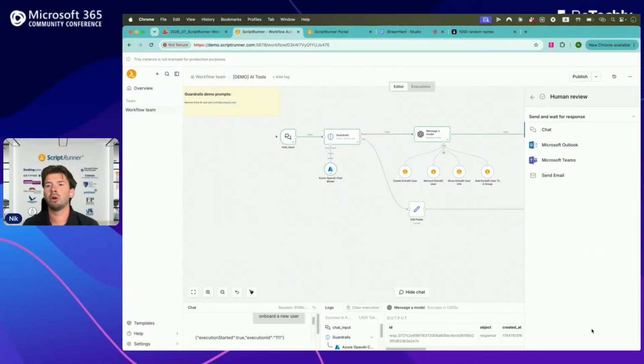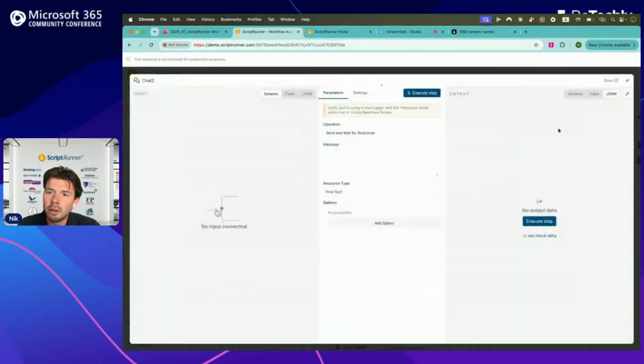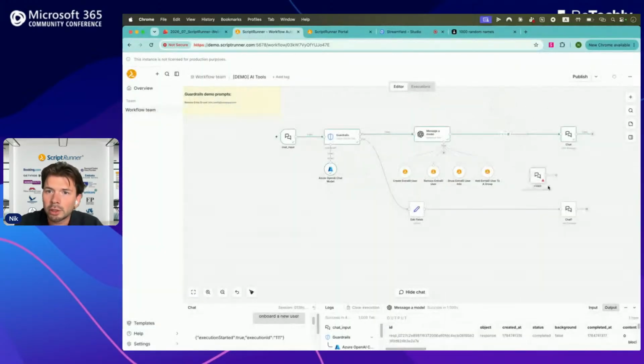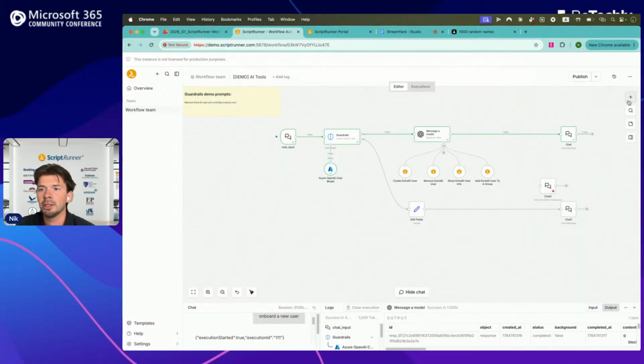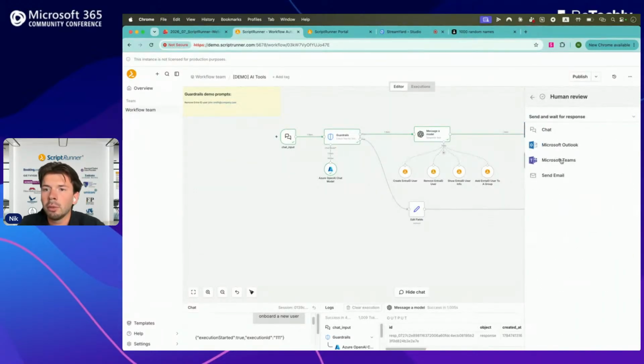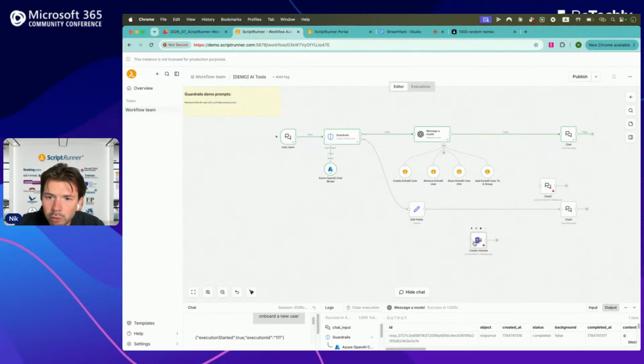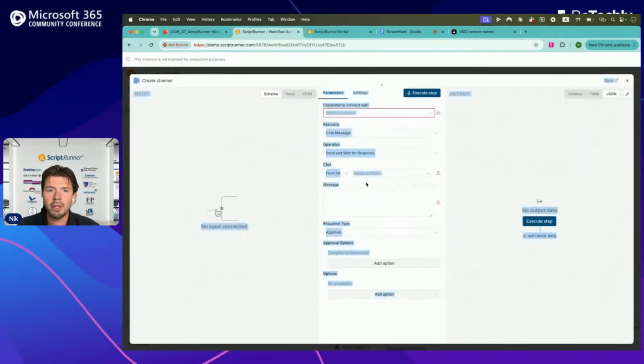What the human review node does is you can simply define that before each next execution, you will get a message that asks you to approve or reject the execution. And the way it works, first of all, you can choose the communication channel. For example, you want to communicate via Teams. In case you choose Teams, you will get a message on Teams asking you to take a look at this. You would first define your credentials, of course, but then you can define the message here, right? Hey, do you approve